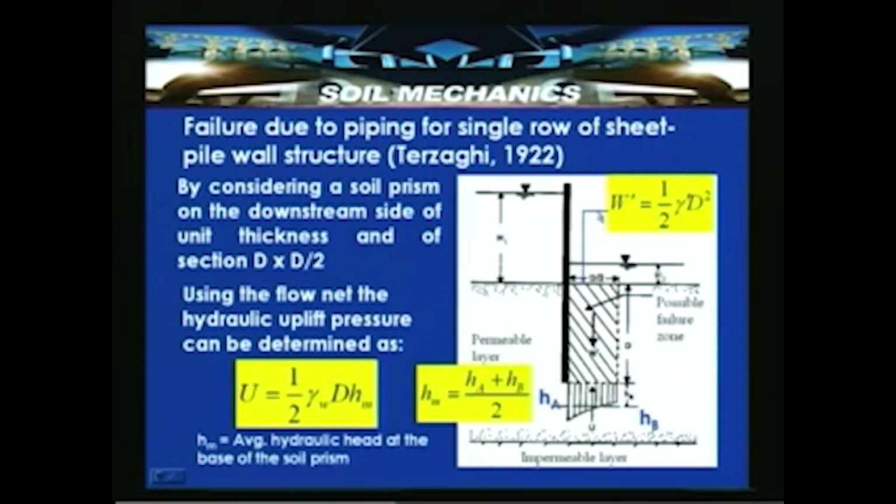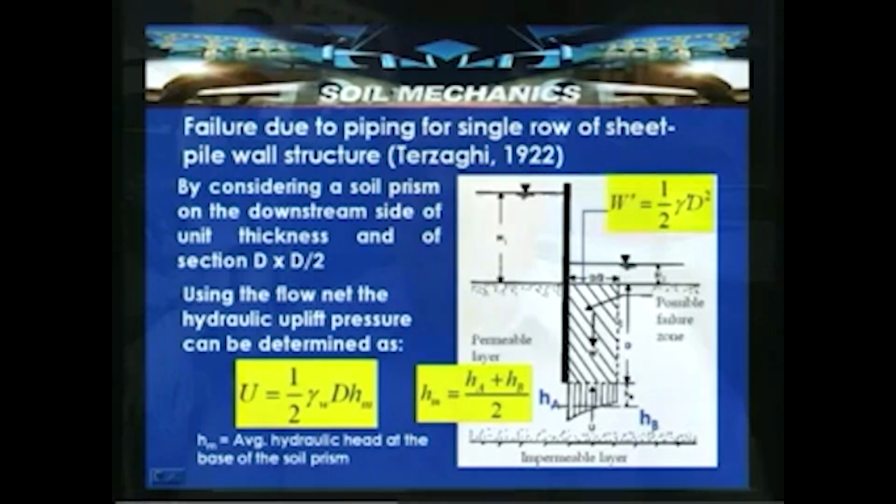So in this slide what we said is that the weight of the soil is W dash equal to half gamma dash D square, and on the same section at the base it is subjected to an uplift force U. By considering vertical equilibrium, the factor of safety is nothing but the ratio W dash by U. If that has an adequate factor of safety, then we can say that it is safe against piping failure. So now extending whatever we have discussed